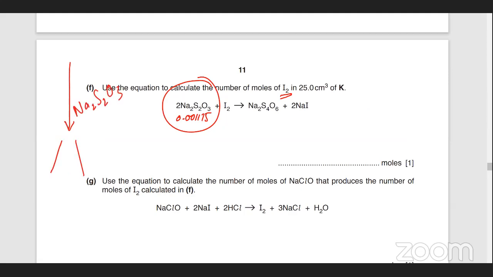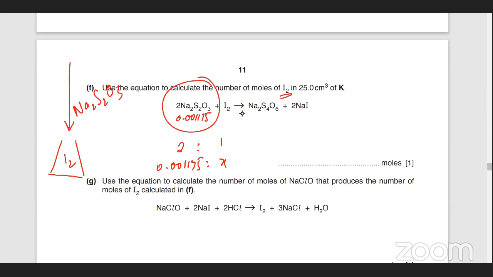और बॉटम के ऊपर देयर वाज आयोडीन, ठीक है, एट द बॉटम देयर वाज आयोडीन। तो रेशियो लगा लो कि इक्वेशन सेज कि 2 मोल्स इसके 1 मोल के साथ रिएक्ट करते हैं, तो व्हाट्स द रेशियो, 2 reacts with 1 iodine। तो अगर 0.001175 मोल्स होंगे इसके सोडियम थायोसल्फेट के, अकॉर्डिंग टू दिस रेशियो, व्हाट इज द मोल्स ऑफ आयोडीन, आधे हो जाएंगे,